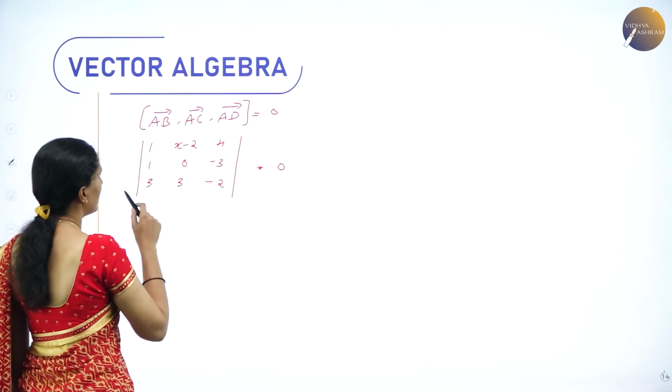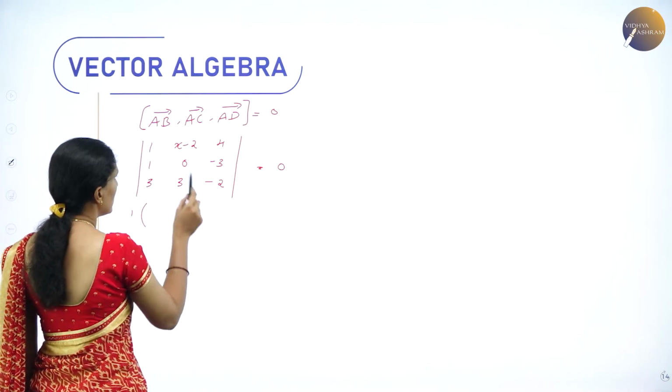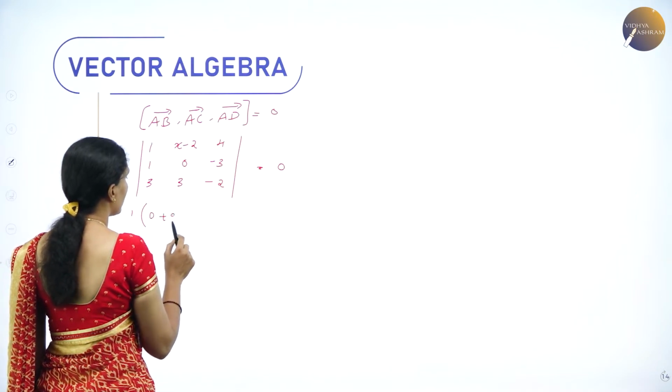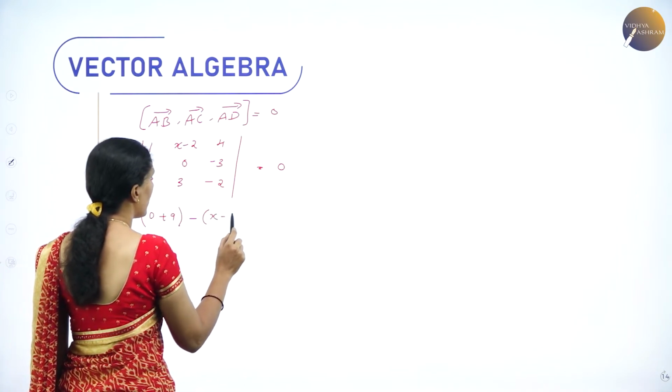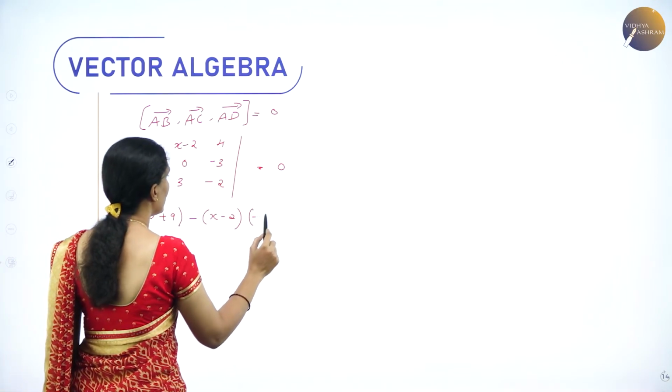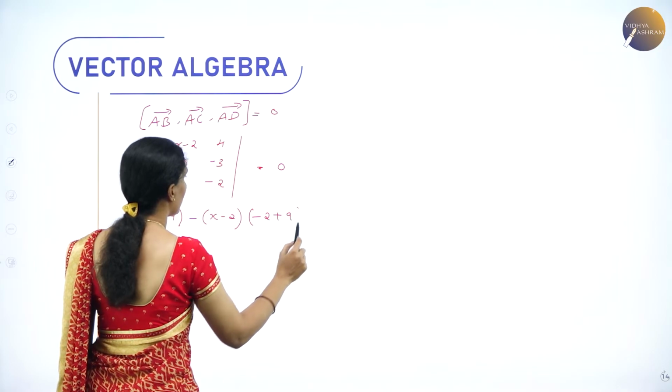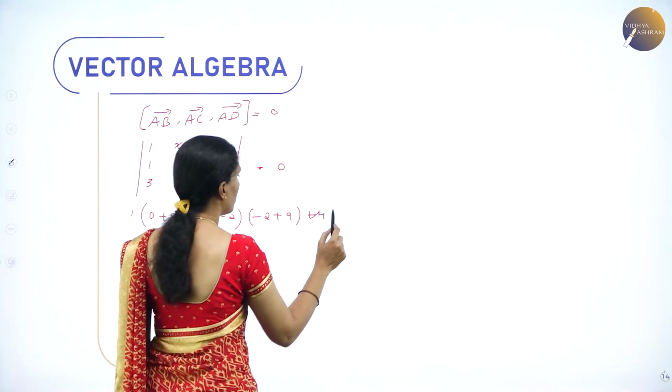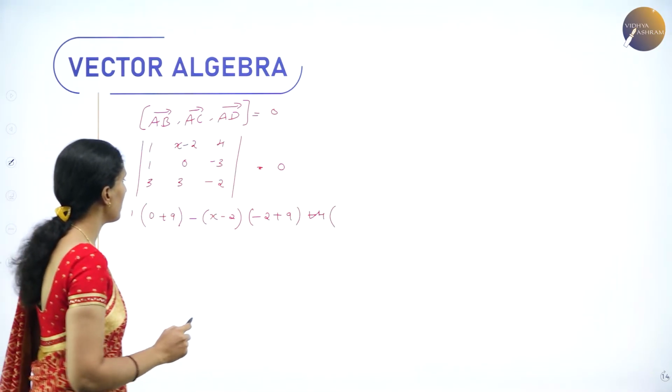So we will expand the determinant: 1 times (0 plus 9), minus (x minus 2), delete the column, delete the row, we have minus 2 plus 9 again. Next we will take plus 4. For 4 we have 3 minus 0